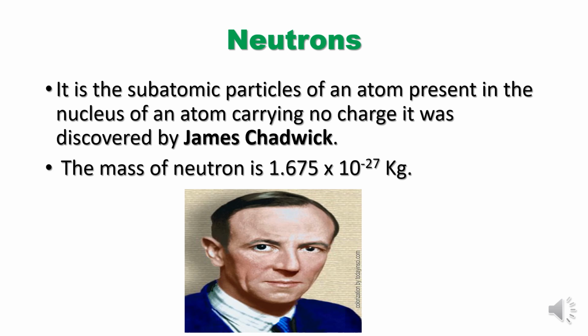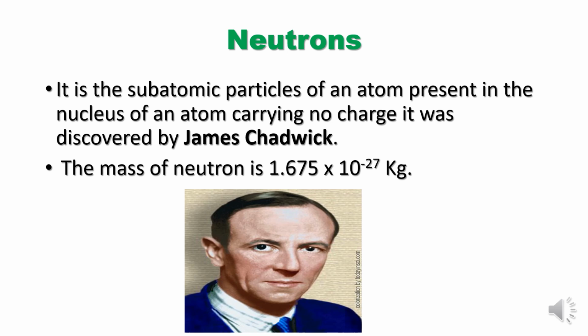So these neutral particles were discovered by James Chadwick in the year 1931. How did he discover it? He bombarded, that means hit, a thin foil of beryllium metal with fast moving alpha particles. When alpha particles hit a foil of